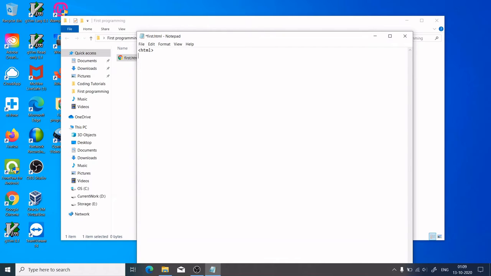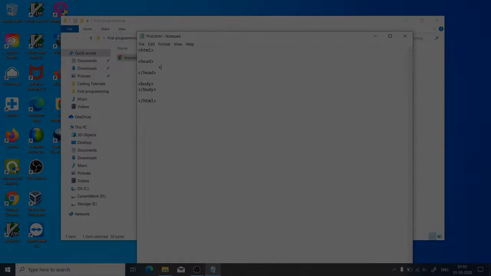So HTML has a lot of tags, and each tag has a start and end tag. Like HTML is started and this HTML document ends here. In between we have other sections like head and then body. So we can divide the document into these sections and add the content within it.